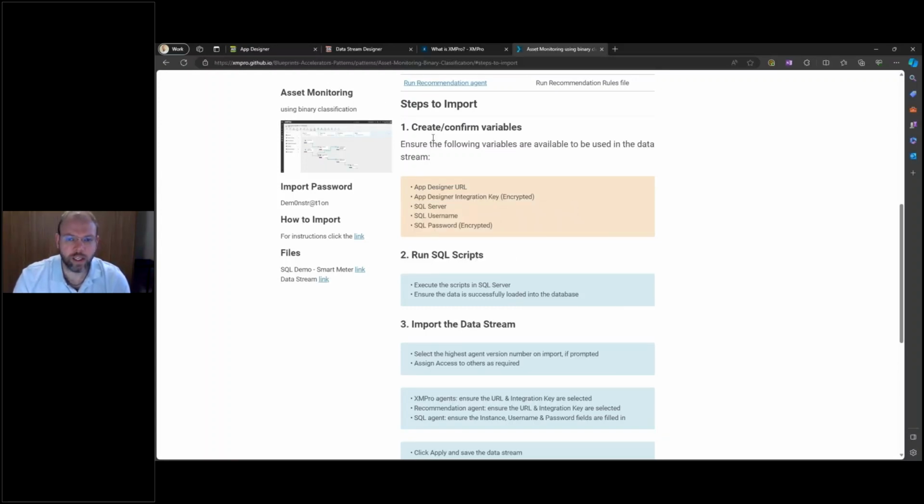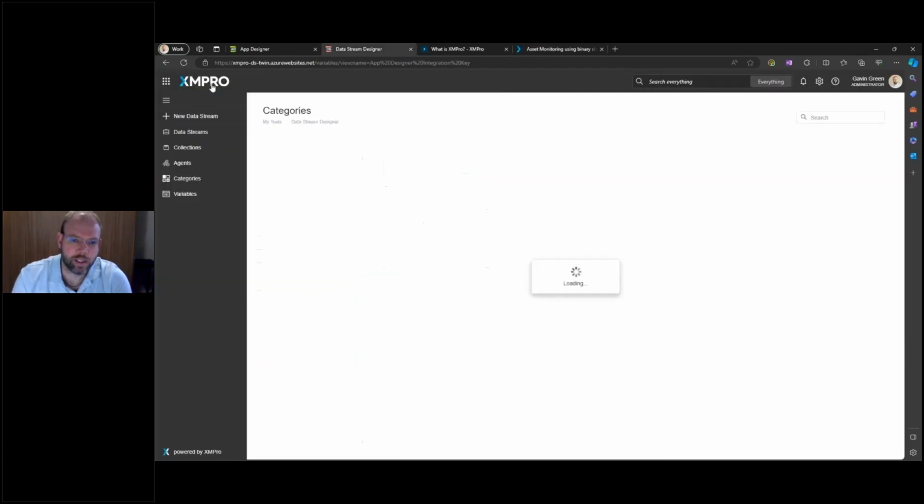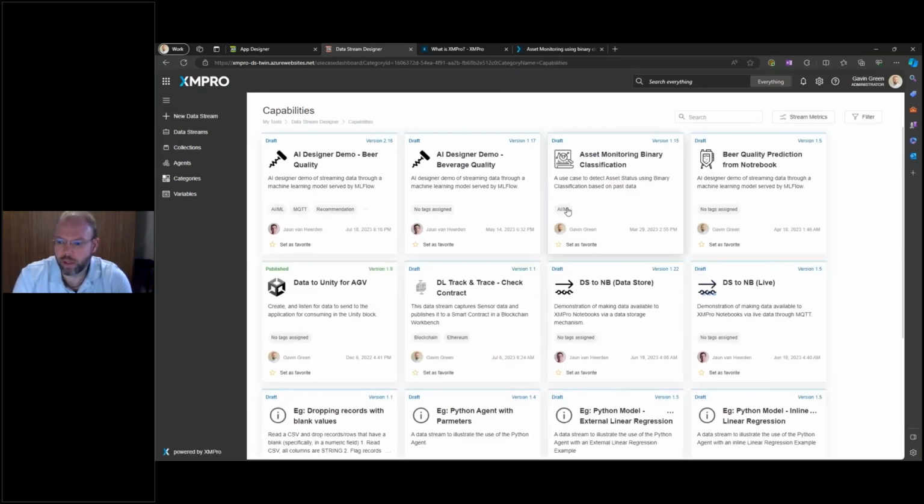You'll notice that we're talking around SQL username password down here. The reason we are is a lot of the accelerators and patterns are set to specific data sources that we have defined. Now, when you are actually loading in these accelerators, if I just open up this particular one that we are looking at here,